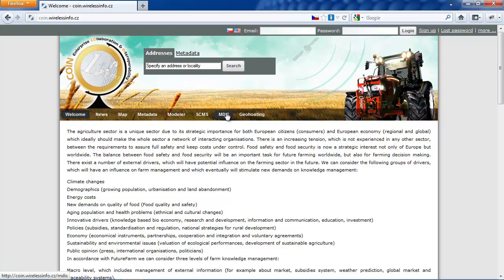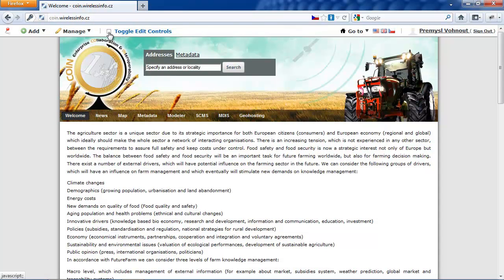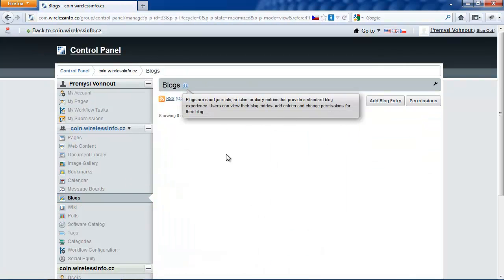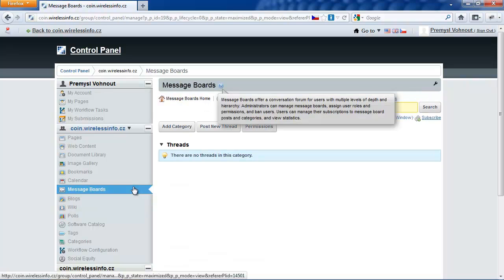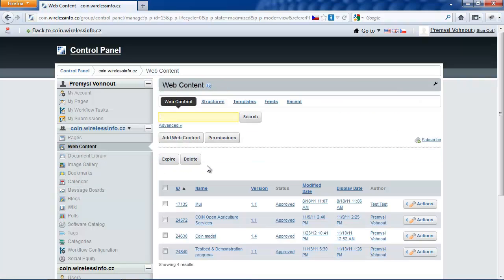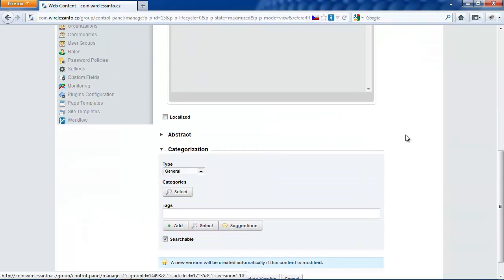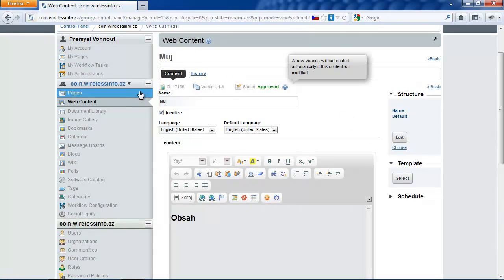The content management system of Liferay provides administration of generic information and also supports collaborative tools like chat, blog, message boards, discussions, rating, localization of content, and a WYSIWYG editor for easy editing of content.